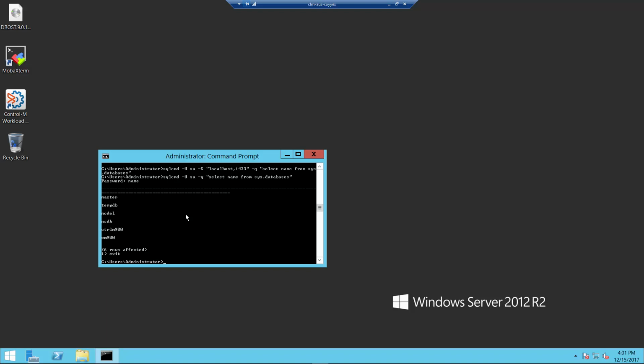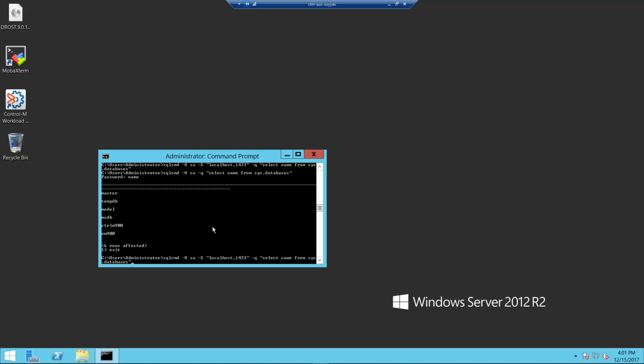SQL Server can listen on multiple ports. There can be firewall restrictions. You might also be connecting from a remote client, or the Control-M Enterprise Manager or Control-M Server instance might actually be on a different host from the database server host. You can install SQL CMD separately from SQL Server and use it on that remote host to test the remote connections. So in this case, for this test, I am going to connect from the local host, the same machine,